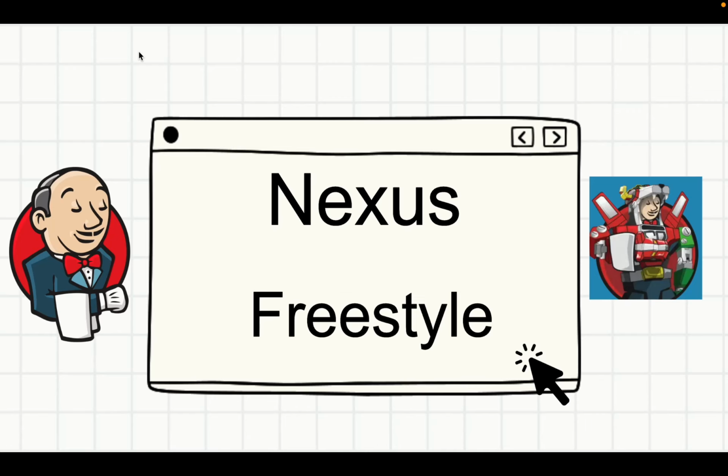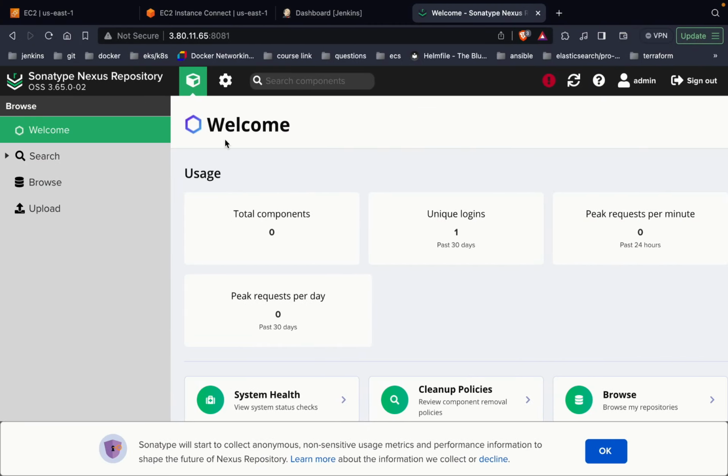Hi everyone. In this session, we are going to see the usage of Nexus through the freestyle job and see how we can utilize them into the business needs. So let's jump directly to the Jenkins and see the working. As you know, we have just installed the Nexus repository for the working, and let's go to the Jenkins